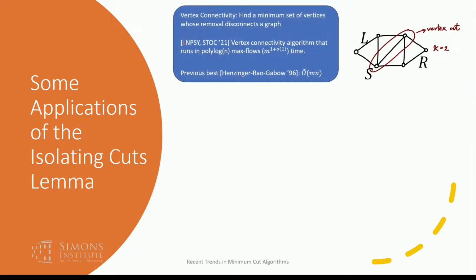In subsequent work, we showed that we could also apply isolating cuts to solve vertex connectivity faster. Instead of removing edges from a graph, we want to remove vertices from the graph. With Nanongkai, Panigrahi, Saranurak, and Sorachai, we showed that vertex connectivity can be solved in polylog max flows, which, by the recent breakthrough on max flow, means almost linear time. And this was the first improvement in over